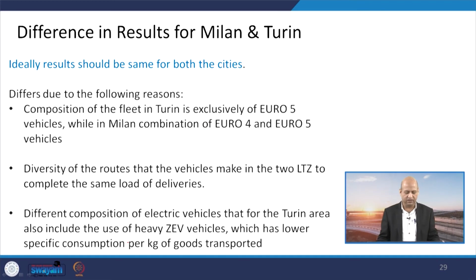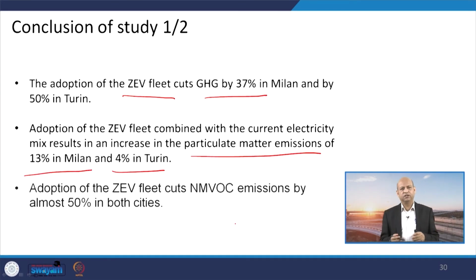Then different results are there. You can see different kinds of fleets like Euro 5 and Euro 4, therefore in both cities the impacts are not similar; they have some differences. When we conclude about these studies, you can see that adoption of this ZEV fleet reduces greenhouse gas emissions by 37% in Milan and 50% in Turin. But as we discussed earlier, for particulate emissions there is a slight increase, 13% in Milan and 4% in Turin, and that is because of the power plants based on